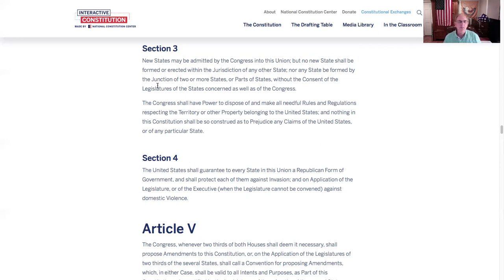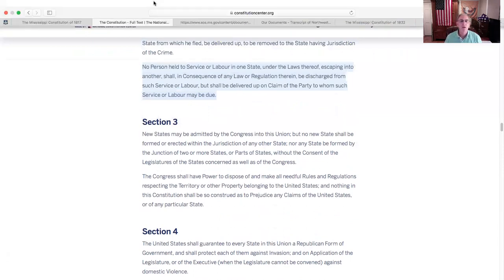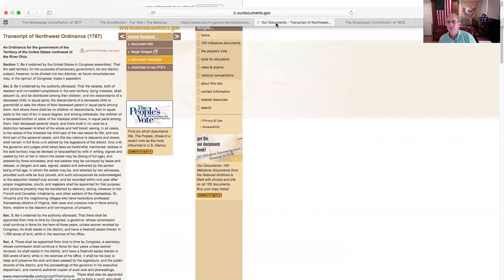1787, this was originally written by a guy named Thomas Jefferson. You might have heard of Thomas Jefferson. He wrote another document called the Declaration of Independence. Now, mind you, all of these things were the group effort of a lot of people. The Declaration of Independence was Thomas Jefferson and 4 others. They were a committee of 5. They just asked Jefferson to draft it. Then they amended it in the committee together. Then they sent it to the House of the Whole, and then they amended it some more, much to Jefferson's